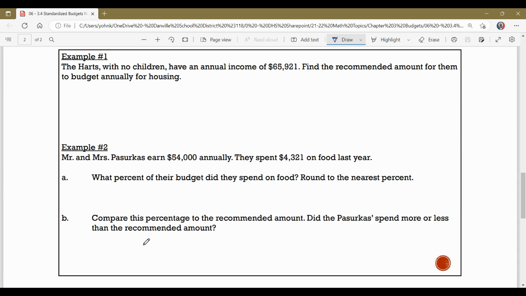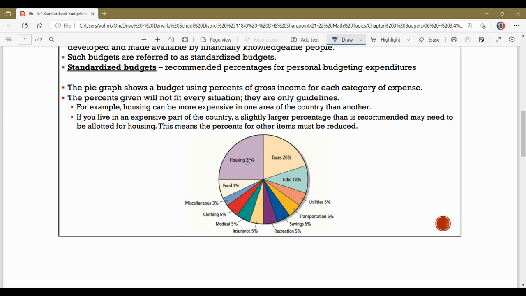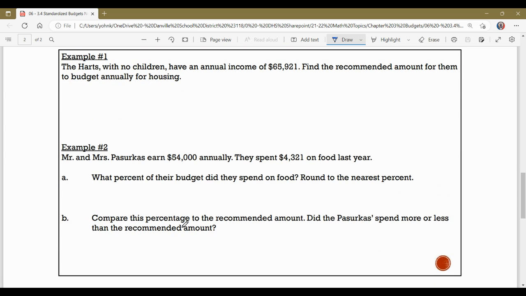So, for example, the Hearts with no children have an annual income of $65,921. Find the recommended amount for them to budget annually for housing. Well, you should be budgeting 25% of your gross income on housing. So I need to find 25% of the income. So I'm going to take $65,921 and multiply it by 25%, which remember is 0.25. So housing, a little reminder here, is 25%. So when I multiply, I get